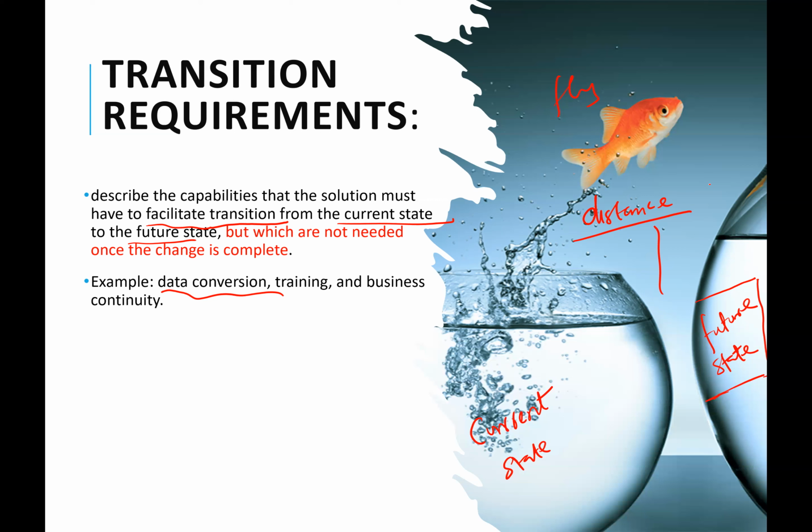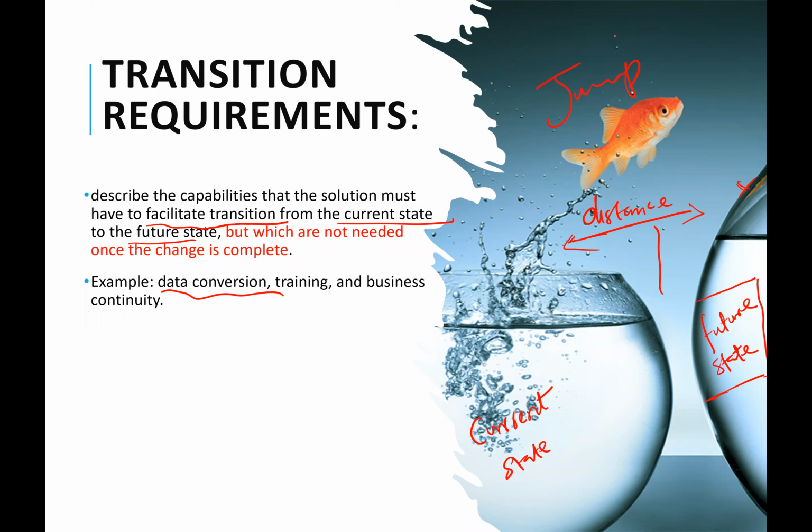So we know the current state, which is where we were before. But what this lady is saying is this fish has outgrown this bowl and needs to move to a bigger bowl. Right? So we have the bigger bowl. But in order to make that change occur, we need to sort out the distance. So our part there as a BA: we know the fish can fly, but we don't know how far the fish can fly. Let's assume it's limited. After all, it's not a bird, right? But it can jump. Maybe I shouldn't say fly. It can jump, right?